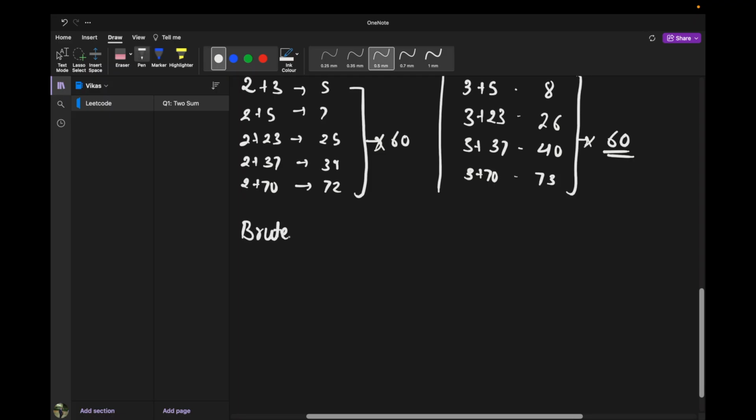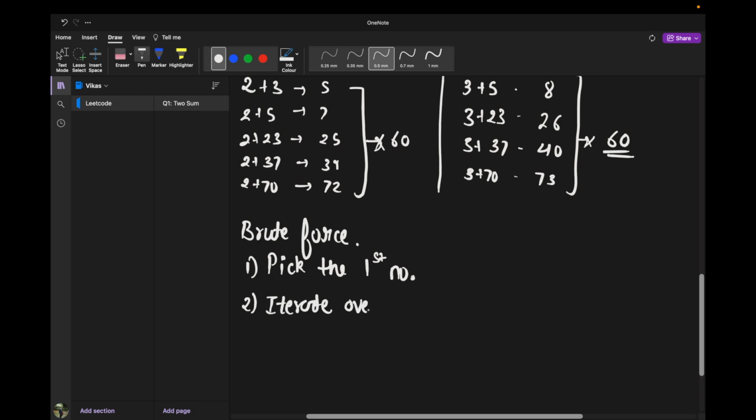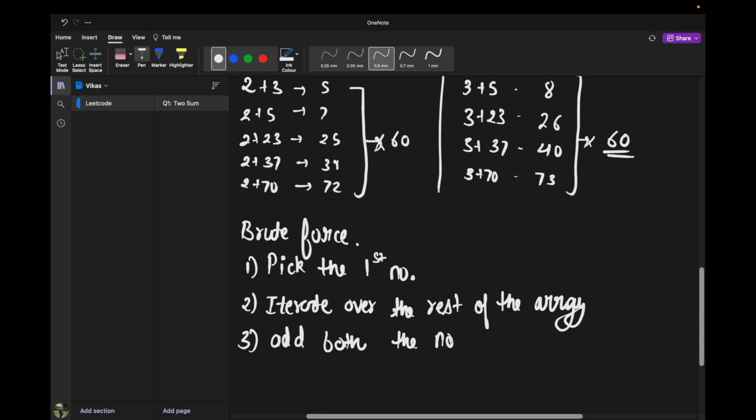So this is my brute force algorithm. Brute force. So what I will do is I will pick the first element, pick the first number, then iterate over the rest of the array, add both the numbers, that is the first number that we have selected and the second number that we are iterating on, and if it is equal to target, then we return